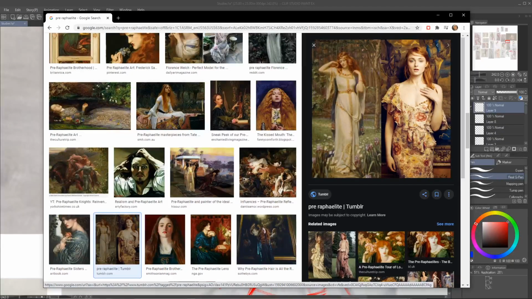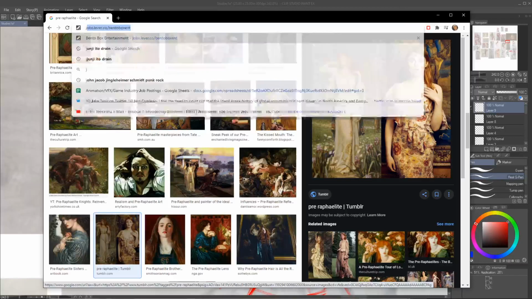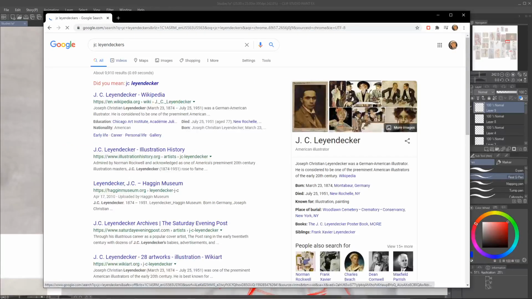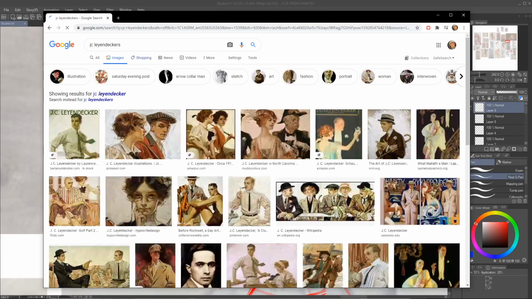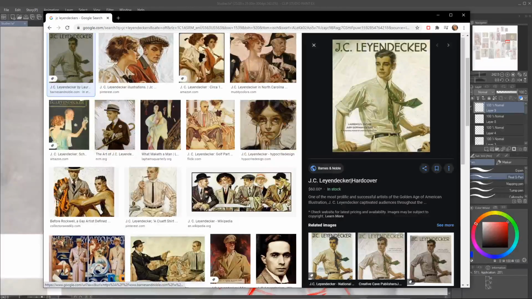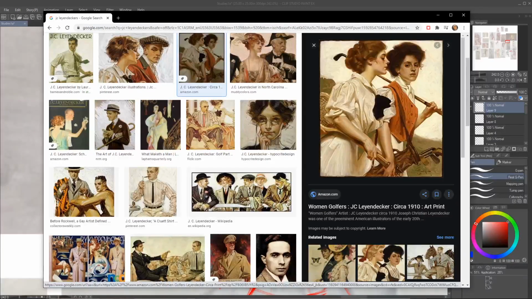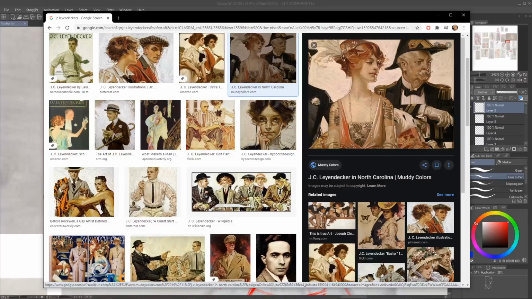Yeah, Pre-Raphaelites are fantastic. Let's look at J.C. Leyendecker. He's one of my favorites. I'm going to be studying a bunch from him. J.C. Leyendecker, the early 20th century illustrator. He's excellent to study from because he very, very heavily stylizes his forms. Like, it looks like